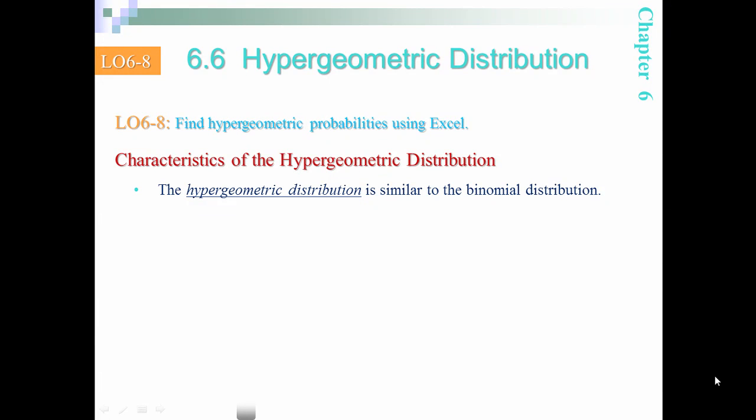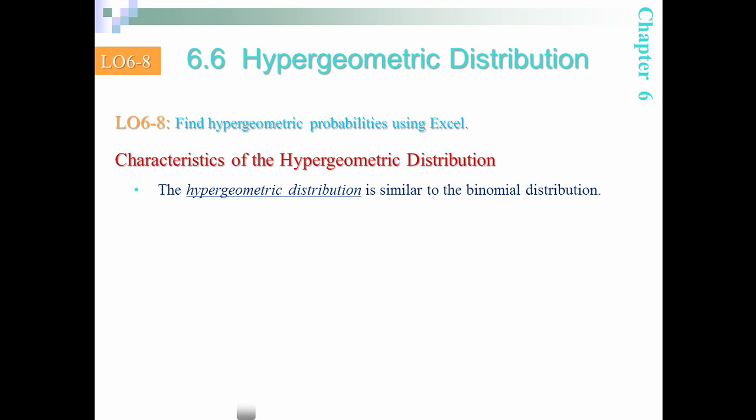We're going to talk about the hypergeometric distribution. This is one that's very similar to the binomial distribution in that we are going to perform experiments, and at least in the simplest form of this distribution, there's going to be two possible outcomes, what we call a success or a failure. I will mention that it's a little beyond the scope of this book, but there is an